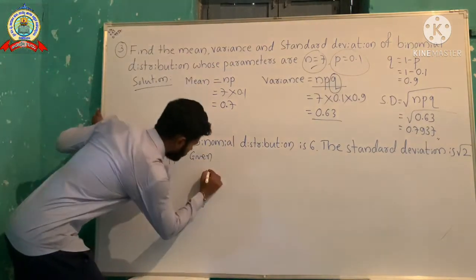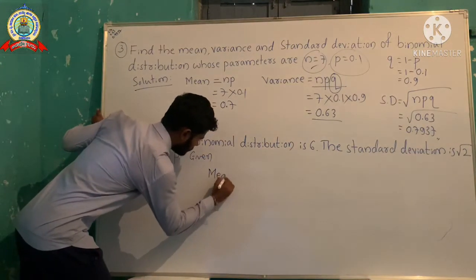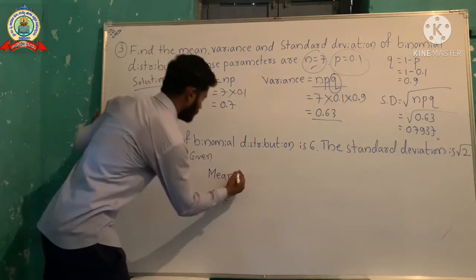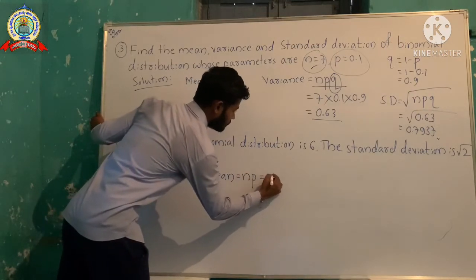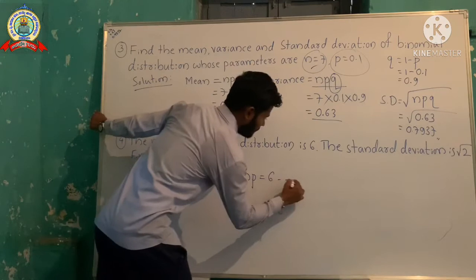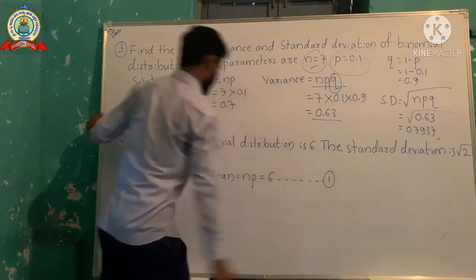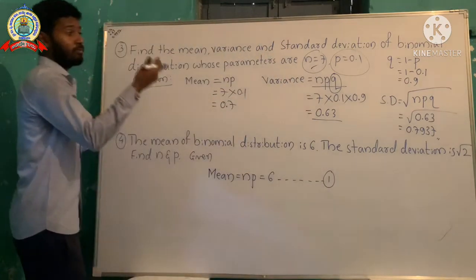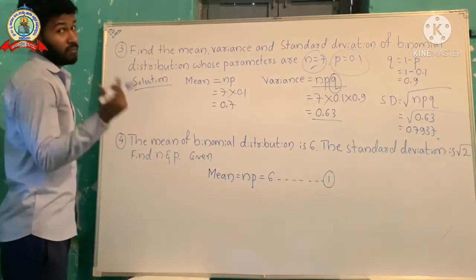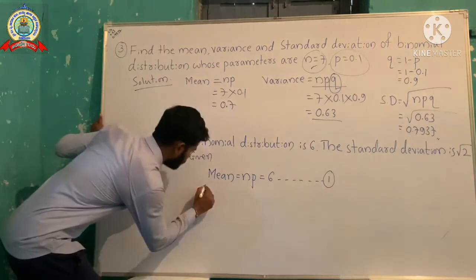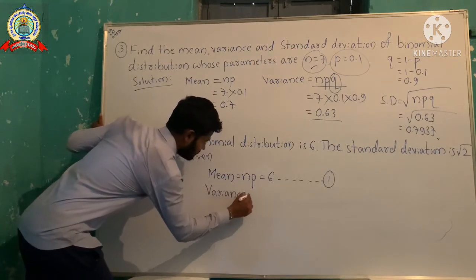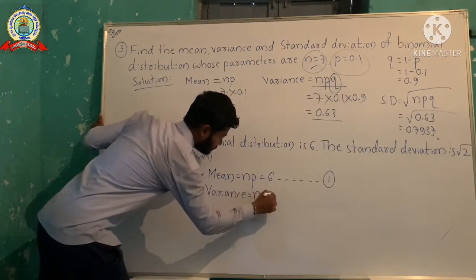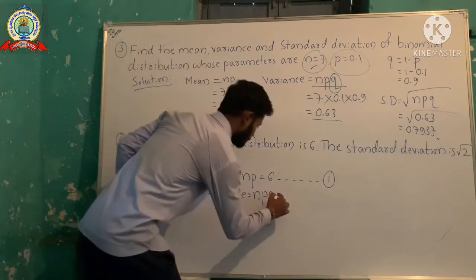Okay. So mean is equal to, see how this problem has to be solved. So np is equal to 6. So that is equation number 1. So by the help of standard deviation, we have to ascertain the variance value. So variance is equal to npq. Okay. So simple,